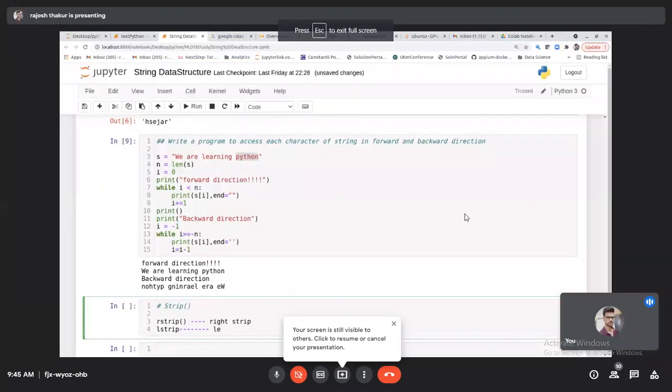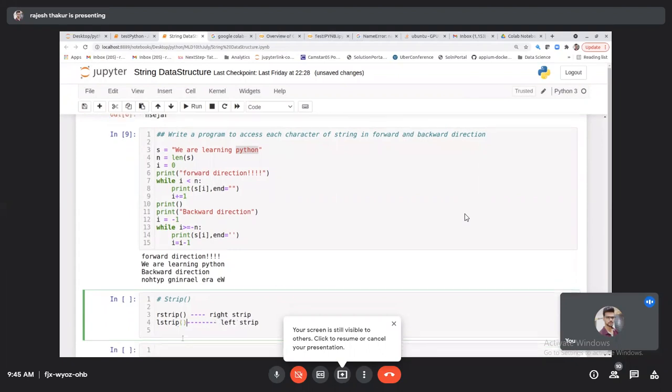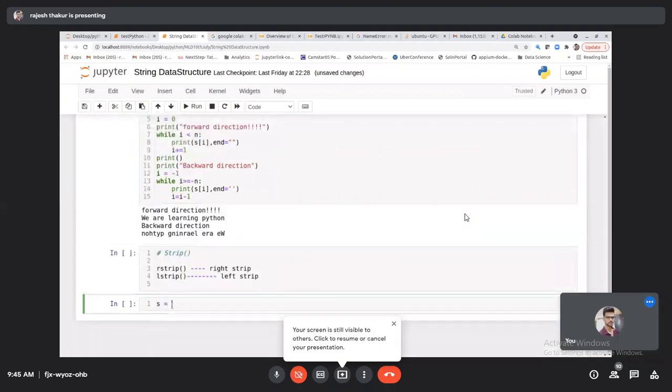Okay, left strip. And normal strip is normal strip. Just try to understand. Strip का मतलब होता है, let's suppose we have an s, ठीक है, and here